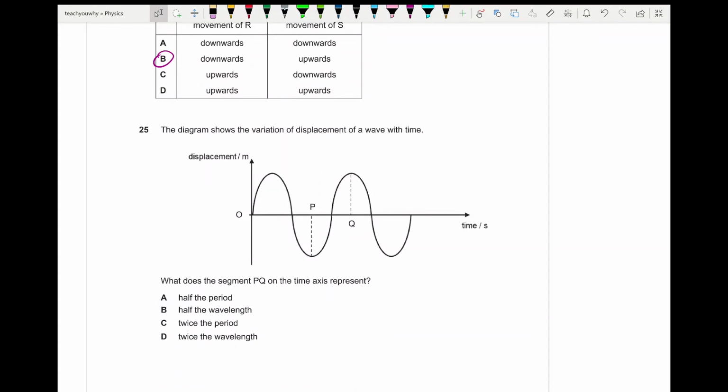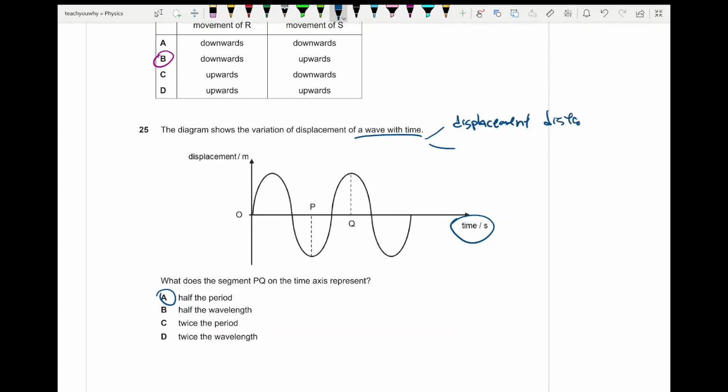The diagram shows the variation of displacement of a wave with time. What does segment PQ on a time axis represent? It represents half the period. Now, why? So pay attention. Your wave has two graphs. You have your displacement-distance